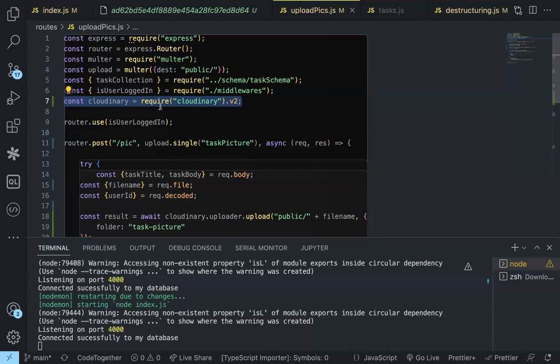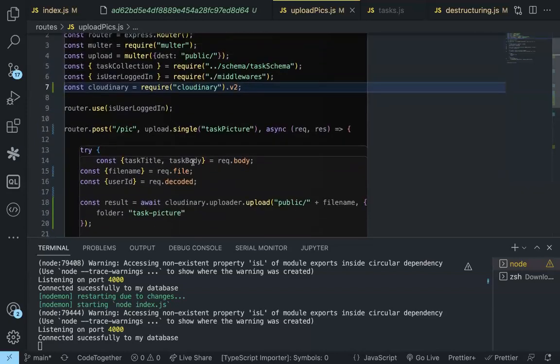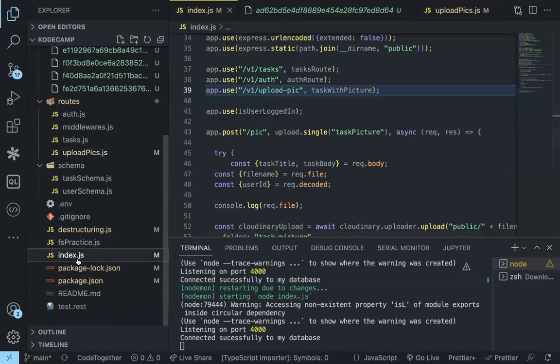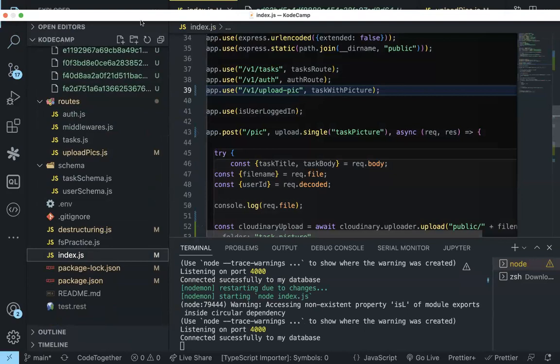So the Cloudinary SDK has the two, the first Cloudinary and the V2. It's the V2 that we actually use. Not as if you can't use the V1, but the V2 is simpler to use. Now, first thing you do is configure your Cloudinary. I can decide to configure it in here, but I decided to do it at the root, the same way I decided to connect to the database at my root. I decided to configure everything at the root, which is at my index.js. If we come here to index.js,